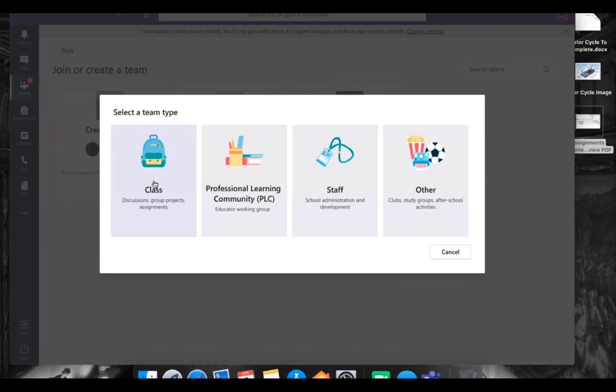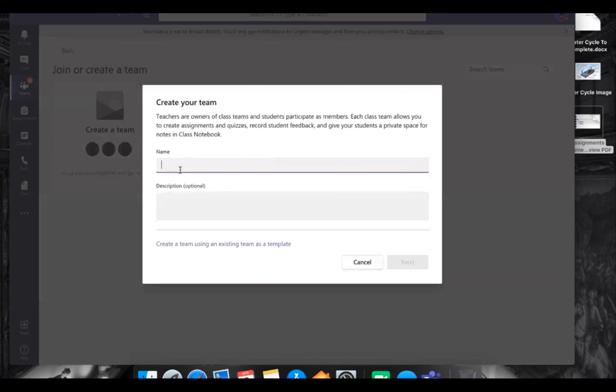For this, because we're going to cover how to issue assignments, we are going to issue a class OneNote, which is the only place that assignments can be shared. First of all, give it a name. So we'll give it a really straightforward name. So demo